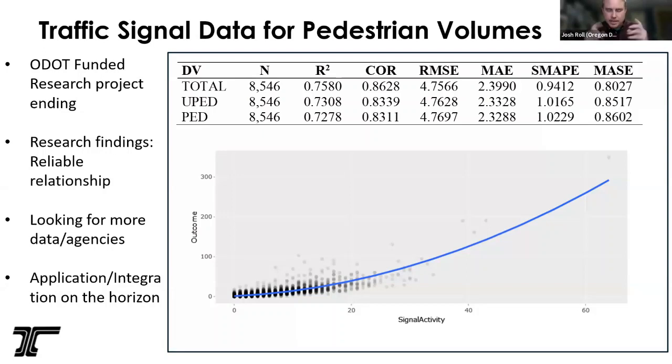The reason I think this is big data related is because the signals data is in fact very big, and the state data center has been unhappy with ODOT and the amount of data that we are trying to stuff from our signals into some of the databases that they manage for us. So we've had to come up with some aggregation things to get around that.